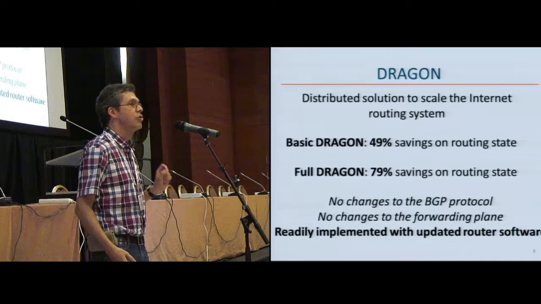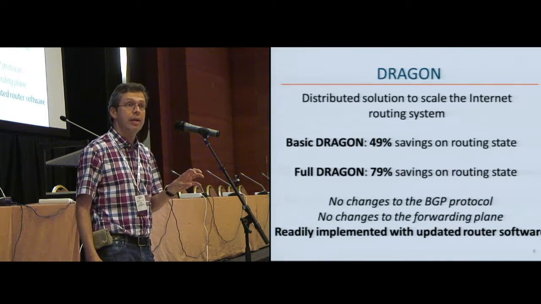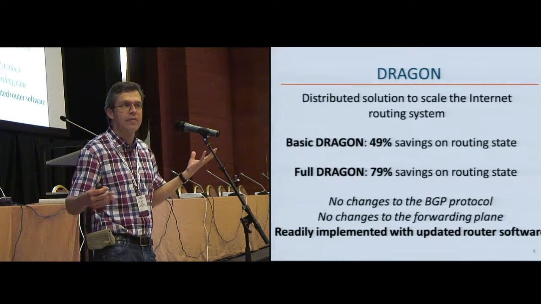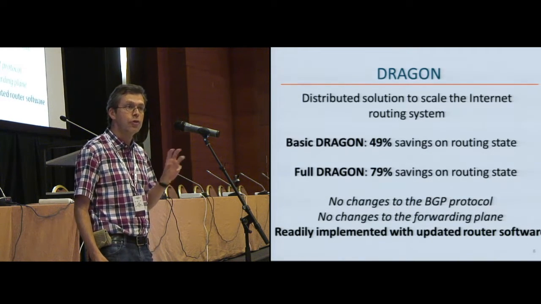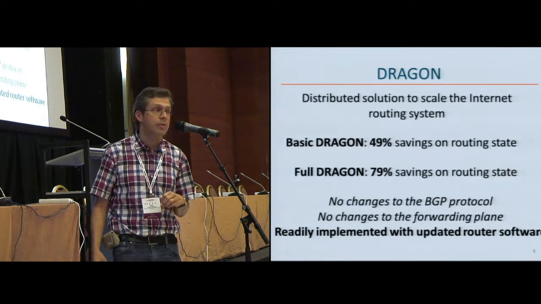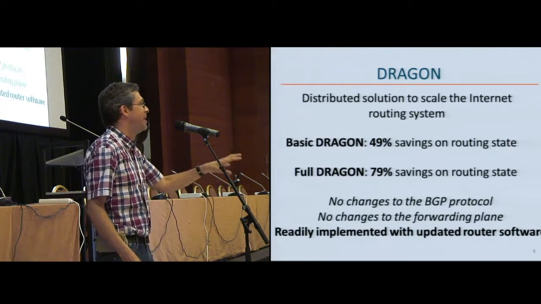So Dragon is our distributed solution to scale the internet routing system. The basic Dragon allows for savings on the order of 49%, well, 50% savings on the amount of routing state. Full Dragon will allow savings on the order of 79%. I will tell you the difference between basic Dragon and full Dragon in a minute, but let me just